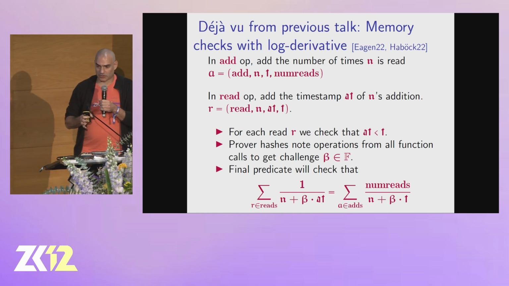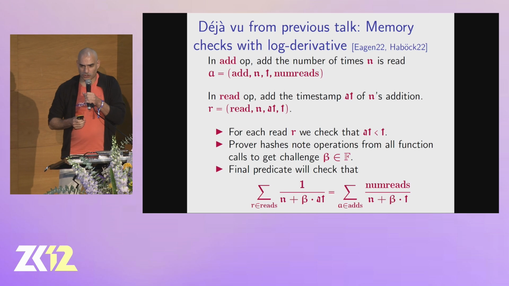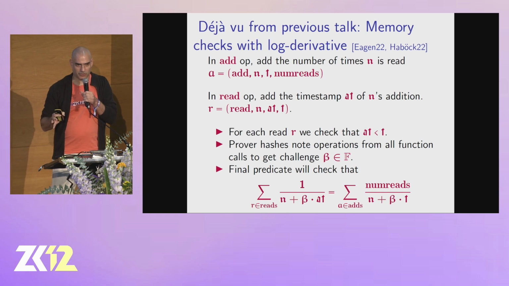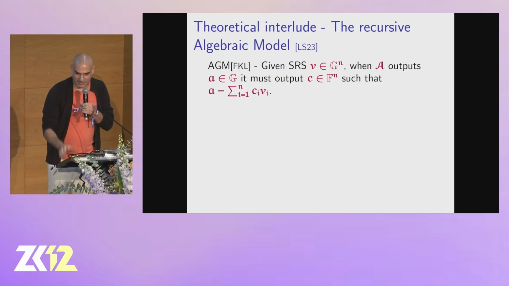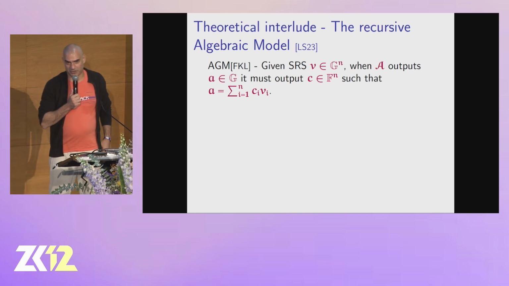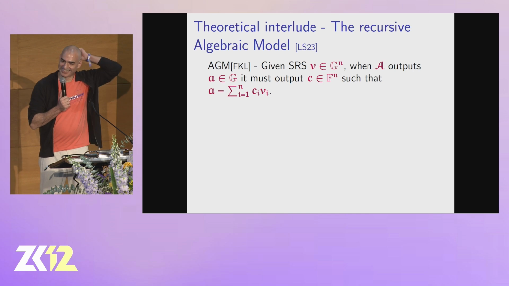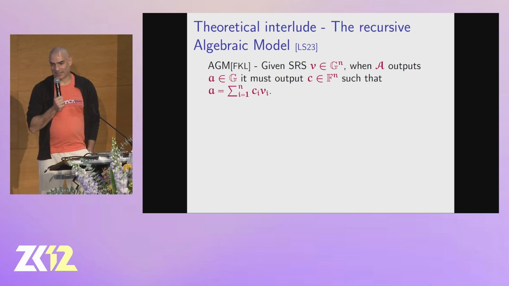Okay, so those are some details from the construction, and I want to end by highlighting a theoretical issue that I think could benefit from scrutiny. So in this paper, to make our proofs easier, or at least easier, we use what I call